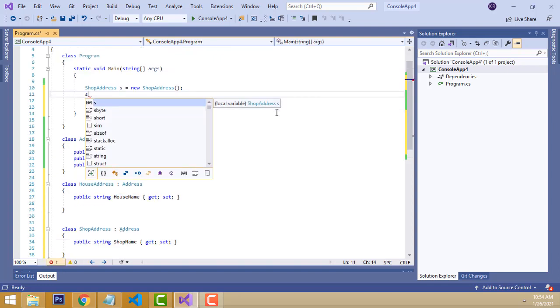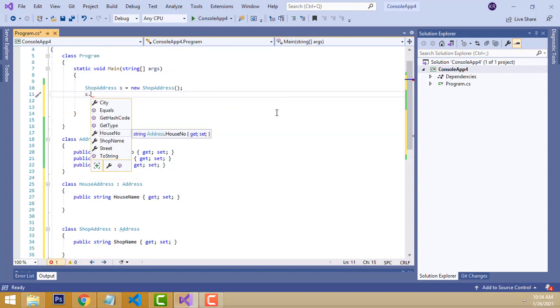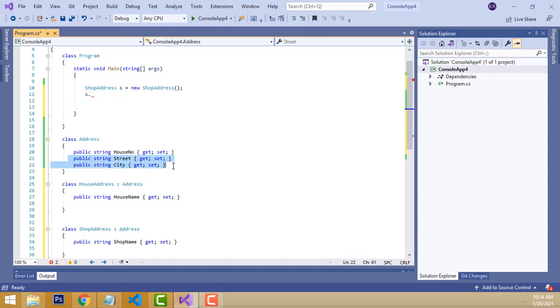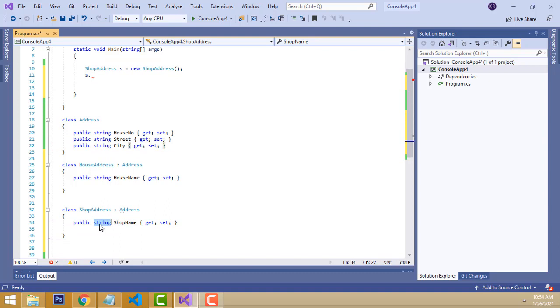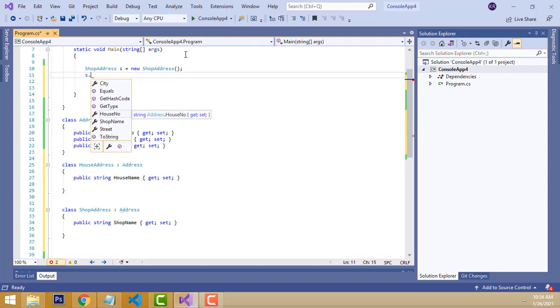S dot: city, house name, shop name, street. These all come from this class, and only this class's properties are displayed. The other class's properties we couldn't get here. Will house name be available? You can check, house name is not available on this.